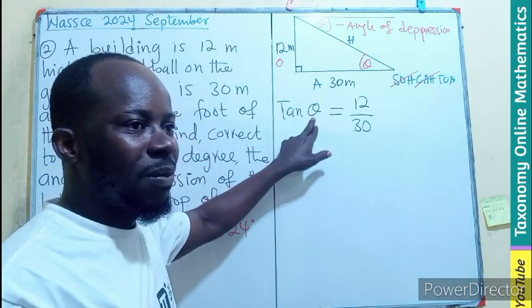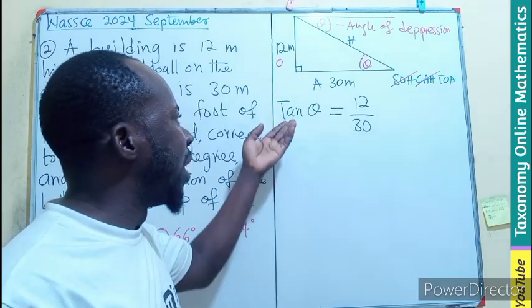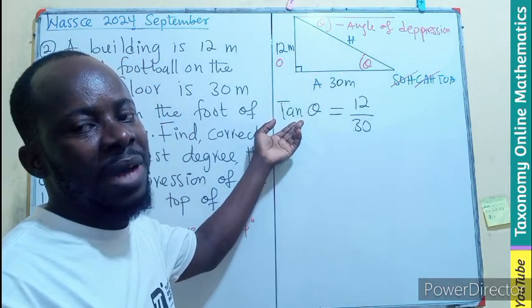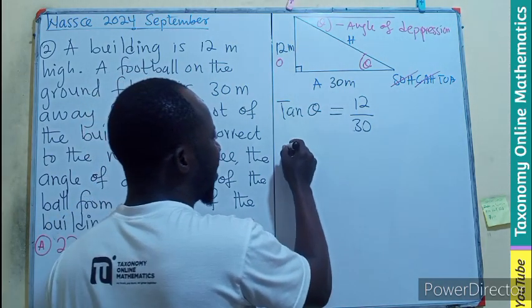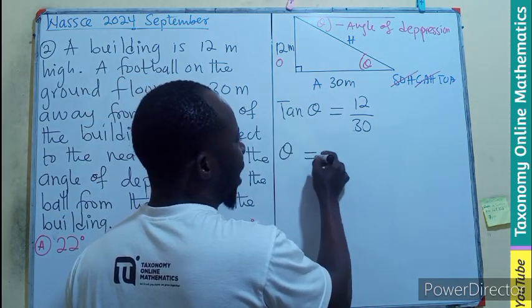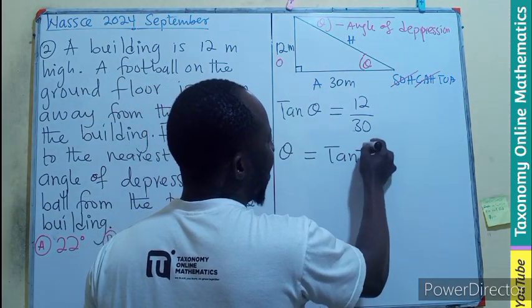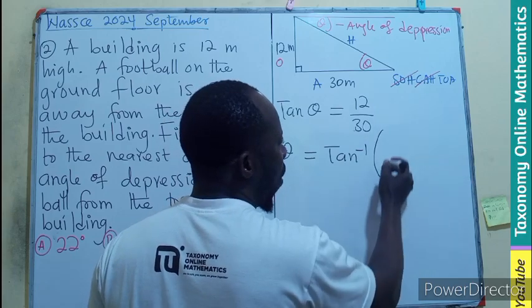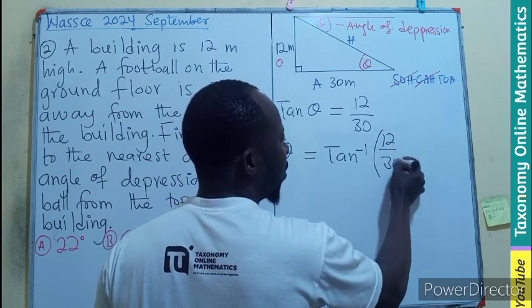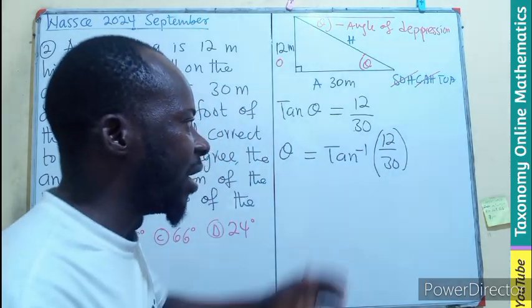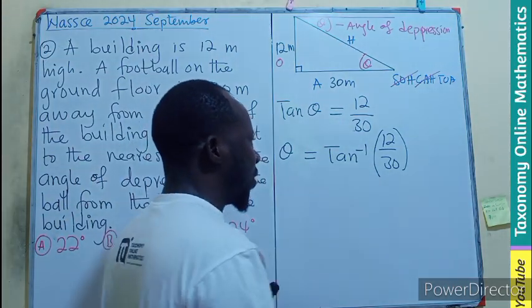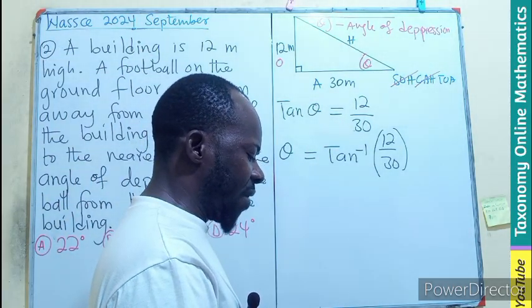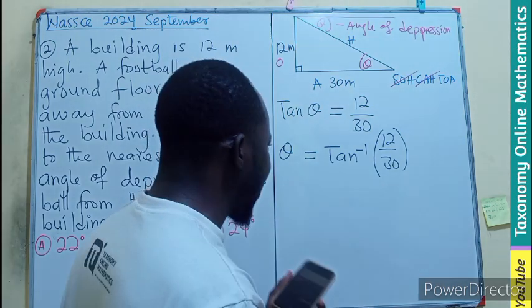We are looking for this. So in a nutshell, it means we have to divide by what? The tan. And if we divide by the tan, it becomes tan inverse. So that means the theta I am looking for will just be the tan inverse of 12 over 30. You can decide to break it down, or you can put it all in the calculator at once to see what that will give us. And that will be giving us